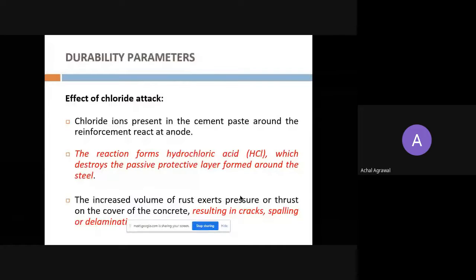Now, second is the effect of chloride attack. Chloride attack is one of the measurements of durability of concrete. As we've seen, it is the RCPT test, rapid chloride penetration test, where we pass the charge through the concrete cylinder, and it gives you the value in coulombs, like how many coulombs have passed in 6 hours. So if the coulombs passed is less than 1000, then chloride penetration is very low. Okay, so the concrete is very good, but if it is more than 4000, then it is very severe.